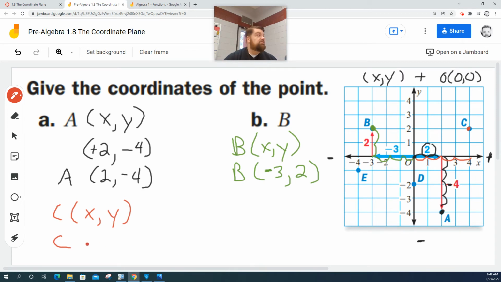Do you know the answer? Pay attention. It's positive 4. It's positive 4 because we go to the right. Now, I'm not quite at C. I need to go up 2. When I go up, is that positive or negative? Positive. So C is at